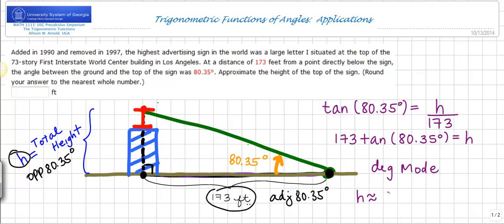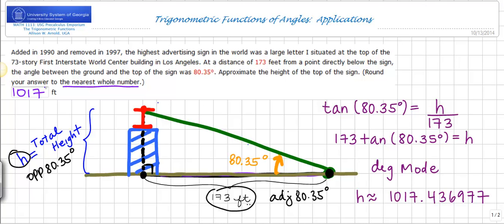And I get, in degree mode, 1017.436977. That's floating all nine decimal places. And then now go back and look at the problem. You were asked to simply take the answer you get and round it to the nearest whole number. The 0.4 does not round up, so we would have